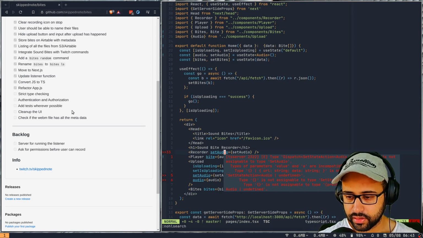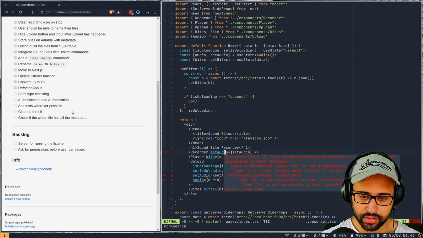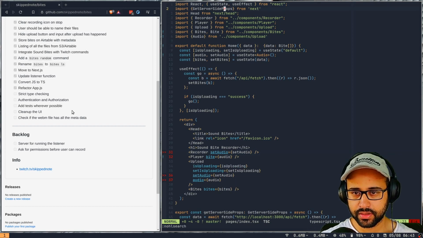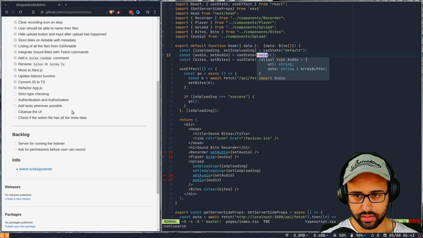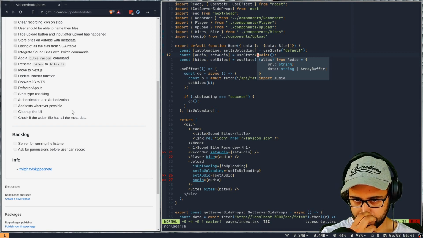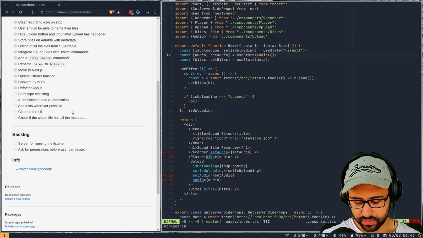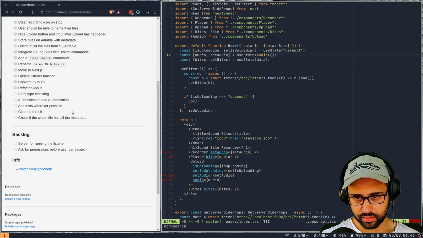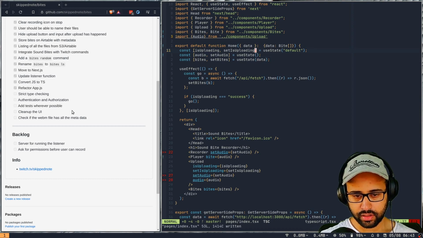Okay, so set audio we have typed as, okay, this obviously is not correct, right? So we are giving this and then set audio can't take that. So let me get rid of this typing, right? Let's see what it complains about.